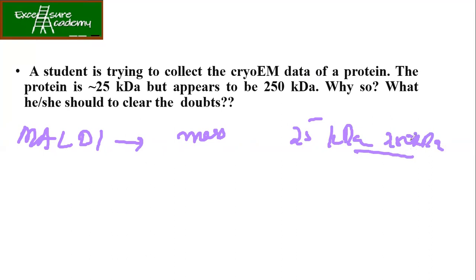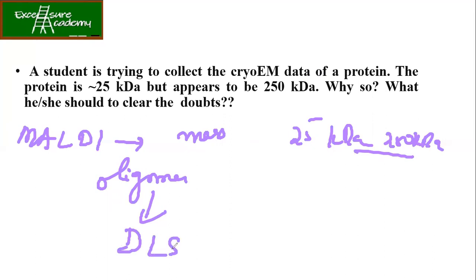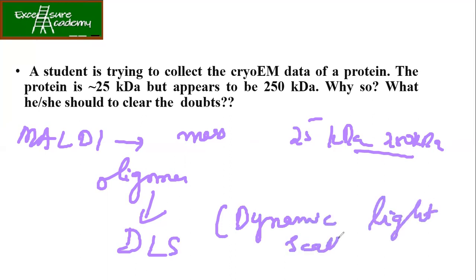Now after this, the best thing, in order to see whether the protein is showing oligomer formation, is that it is directly confirmed by something called DLS. What is DLS? It is dynamic light scattering. This will confirm whether the protein is forming oligomers or it is a homogeneous solution. So if this question is asked of me, obviously I'll talk about the native PAGE and the gel filtration chromatography, and then to confirm whether it is forming oligomers or not, I'll directly talk about the DLS.